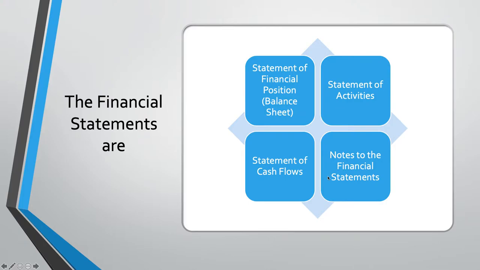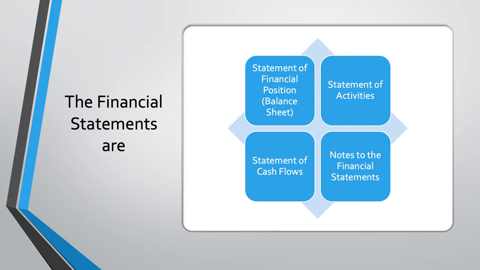So the financial statements are based on the previous discussion in the previous slides. The statement of financial position is going to be the balance sheet. The statement of activities lists all your sources of income, usually your receipts, and then your disbursements, your total cash received and total expenses paid. And then that would be your statement of cash flows, total money in and total money out, and then the net cash inflow. And then the notes to financial